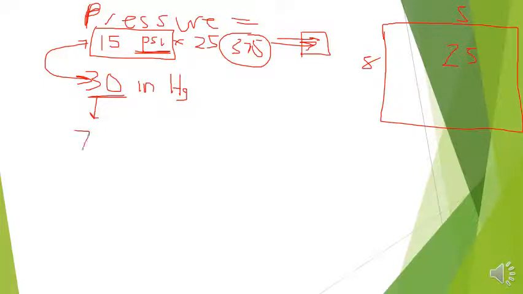You could see a similar relationship is 760 millimeters of mercury. Okay, and these all are saying the same thing. These two things are just another way of saying 15 pounds per square inch. Okay, and then